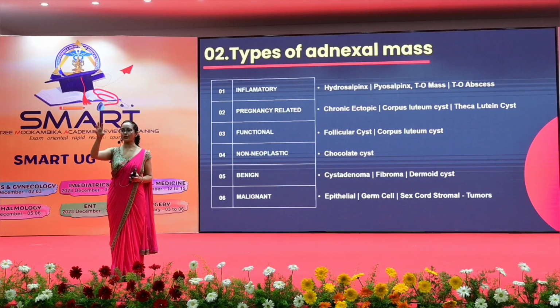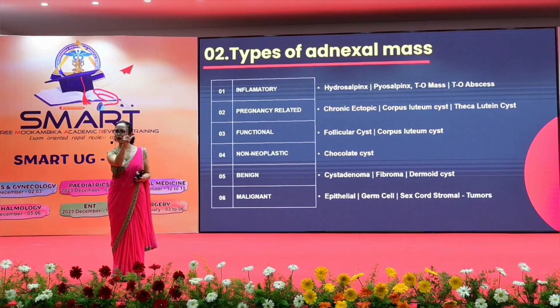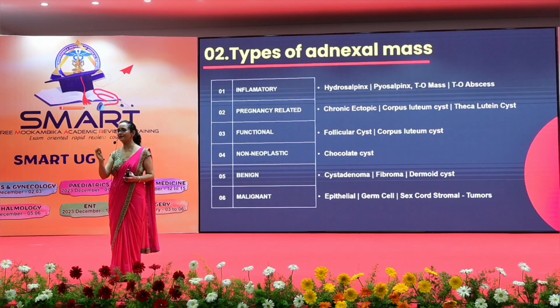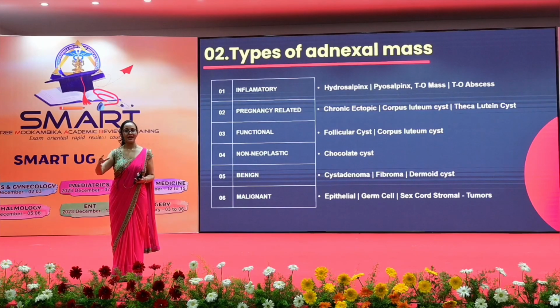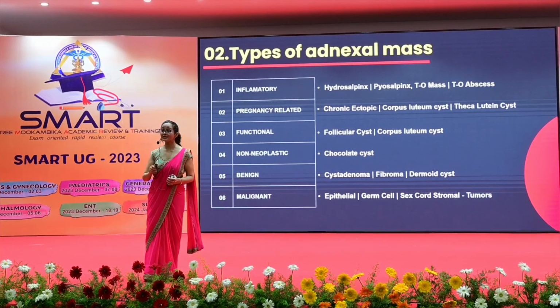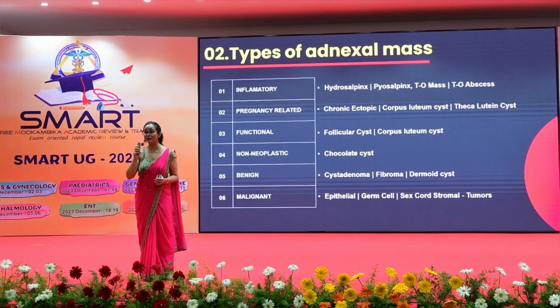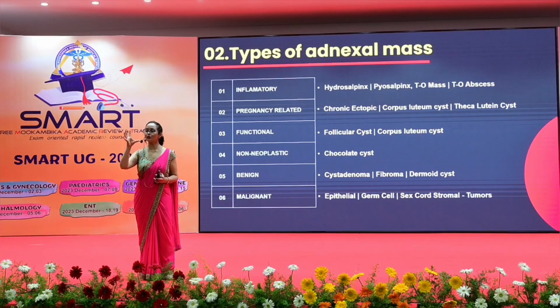Now imagine a situation when a follicle is growing. Follicle means a lot of fluid and one egg there. That egg has to come out from a small hole. By chance, there is some little disturbance here and there in the body, and that punctum is not created. Then what will happen? This follicle will keep on growing in size and it will become a cyst. It is not abnormal. It is just that one minute opening has not happened in the follicle. This cyst is known as follicular cyst.